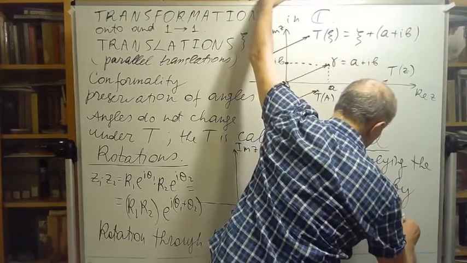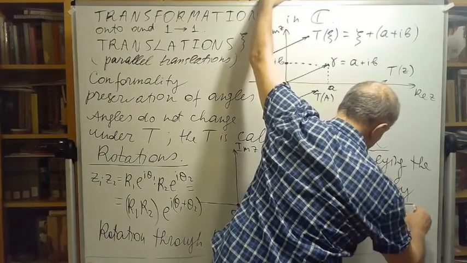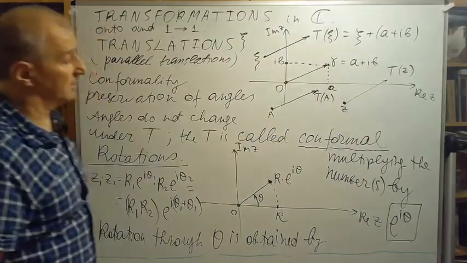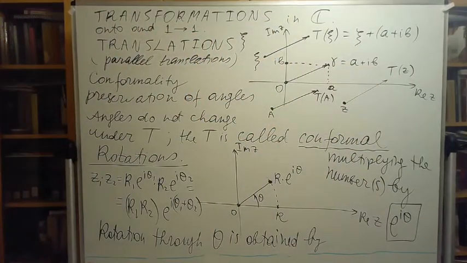By e to the power i theta. This factor, right? This will not change the modulus of the complex number, but it will rotate the numbers through